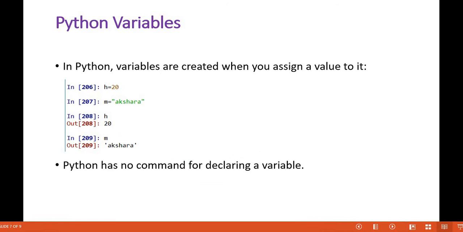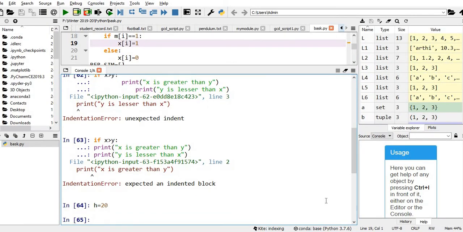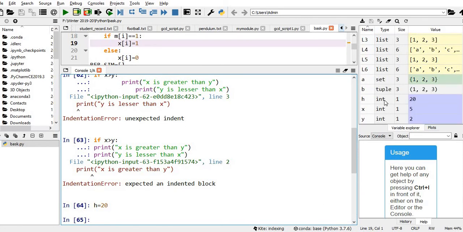Then Python variables. Actually there is no separate command for declaring a variable, but once you assign a value to the variable directly, the variable is created. For example, h is equal to 20. That's it. You can notice that h is an integer with the value 20.